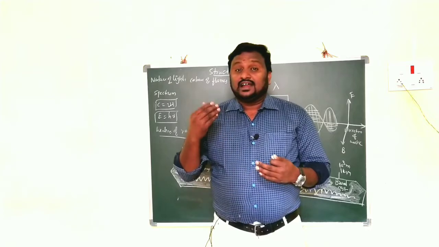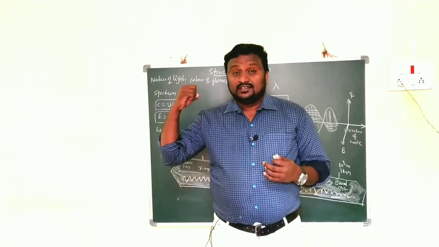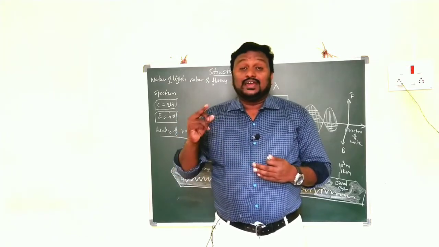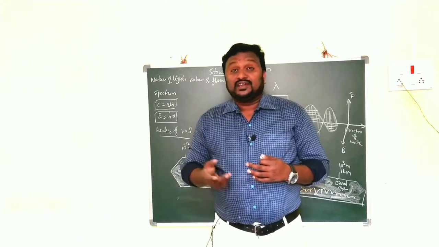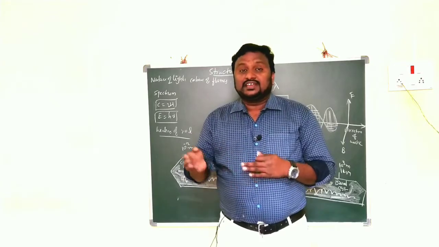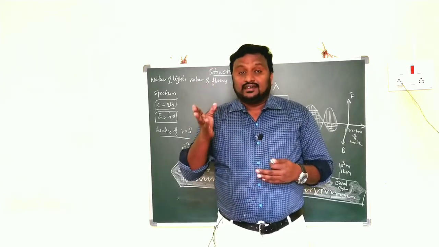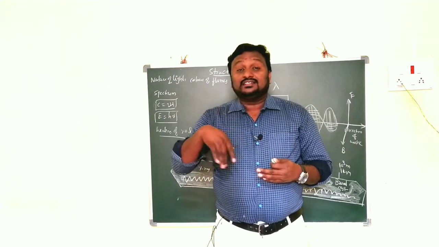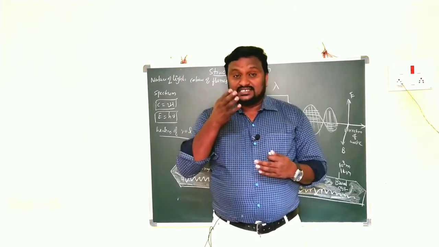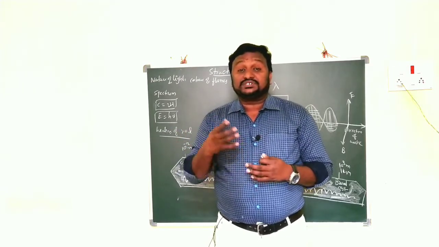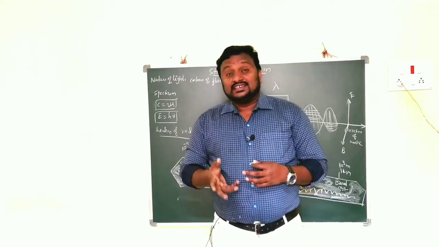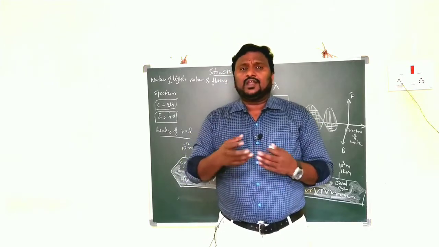Atom has elementary particles like electron, proton, neutron. Electron charge is negative, proton charge is positive and neutron charge is neutral. And children, according to your previous knowledge, according to Bohr, the protons are in the center of the nucleus, and all the electrons revolve around the nucleus in particular orbits. So I think all of you know that.